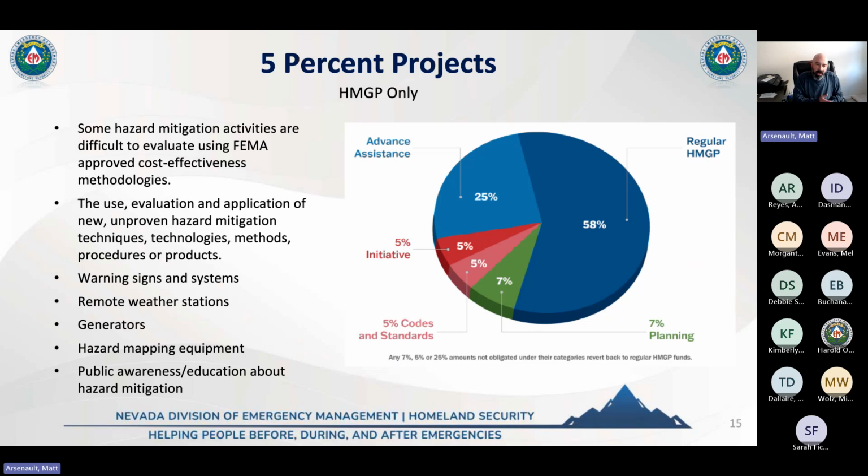But the way that they want to break down how the funding is used per disaster remains the same here. So 7% for planning, and then they have advanced assistance, some 5% codes and standards, those for codes and standard activities. But the 5% initiative is where it's allocated if you really can't